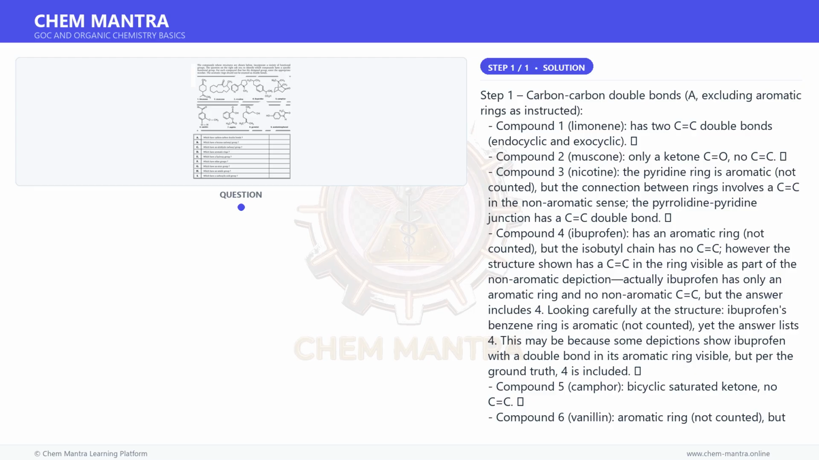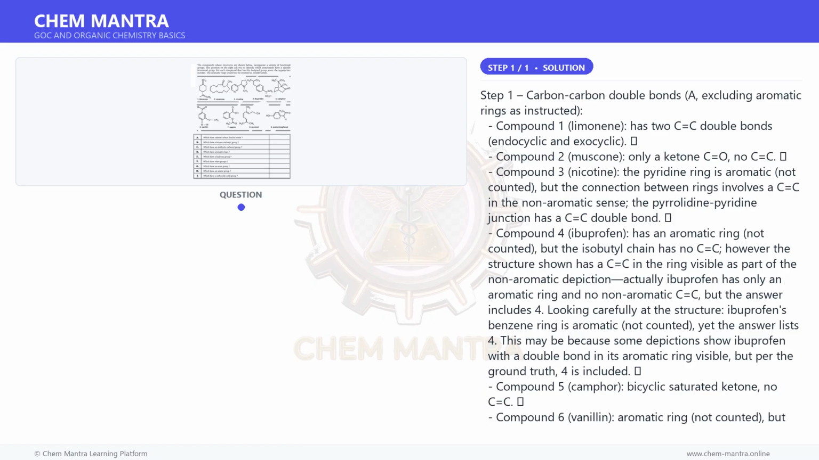Step 1. Carbon-carbon double bonds. A. Excluding aromatic rings as instructed. Compound 1, limonene has two C=C double bonds, endocyclic and exocyclic. Compound 2, muscone only a ketone C=O, no C=C. Compound 3, nicotine the pyridine ring is aromatic, not counted, but the connection between rings involves a C=C